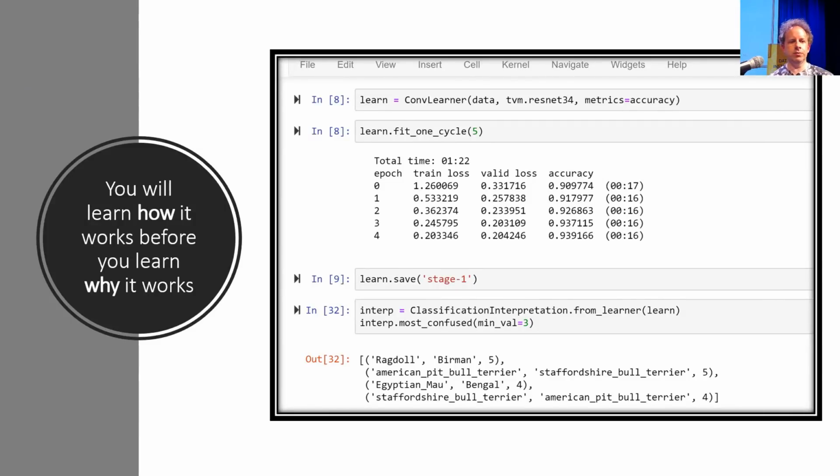But we don't really know why it works, but we will. That's okay. Right? And in terms of getting the most out of this course,